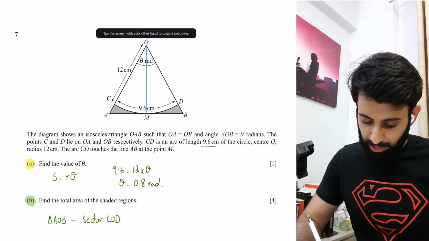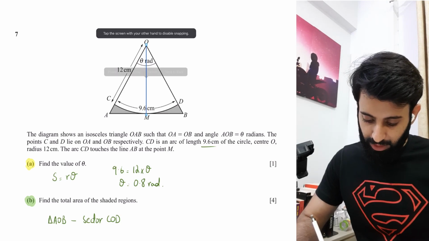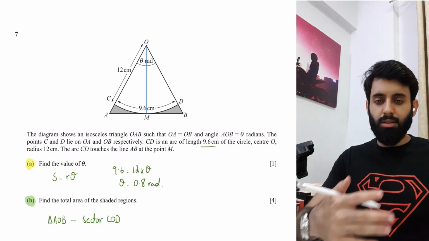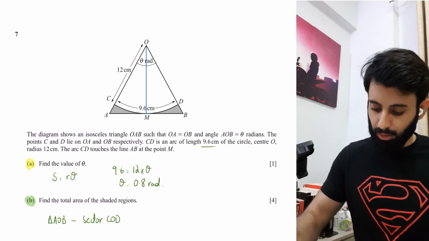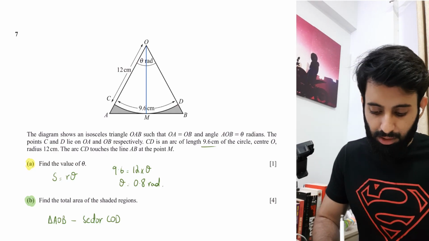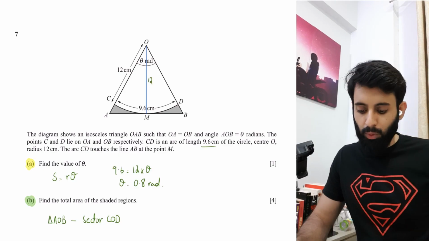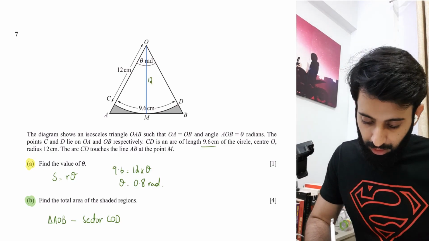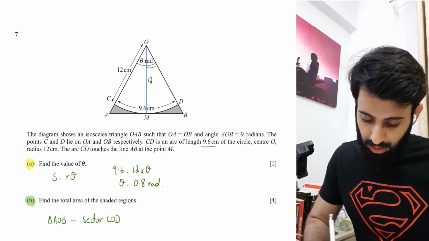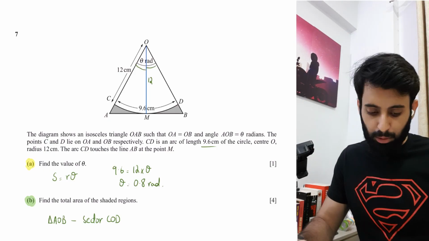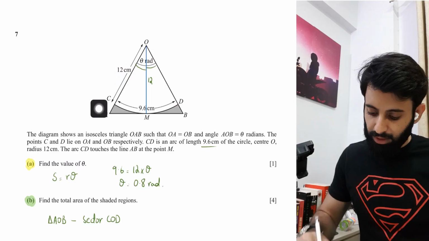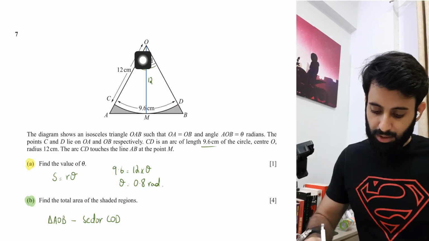So what happens if I draw a line from O to M? Now remember, this is a line that originates from the center of the circle and goes to the circumference. That means this is basically going to be the radius, and it's going to be 12. And we just worked out theta. That means this is going to be 0.8 divided by 2, and this will also be 0.8 divided by 2, because of what we're dealing with now, as far as OAM and OMB are concerned,